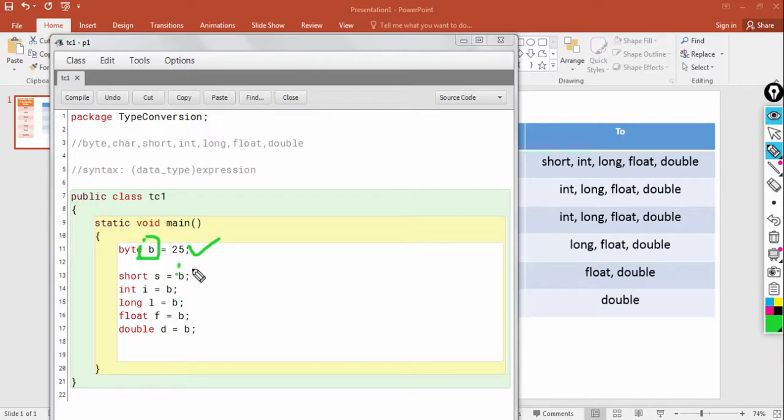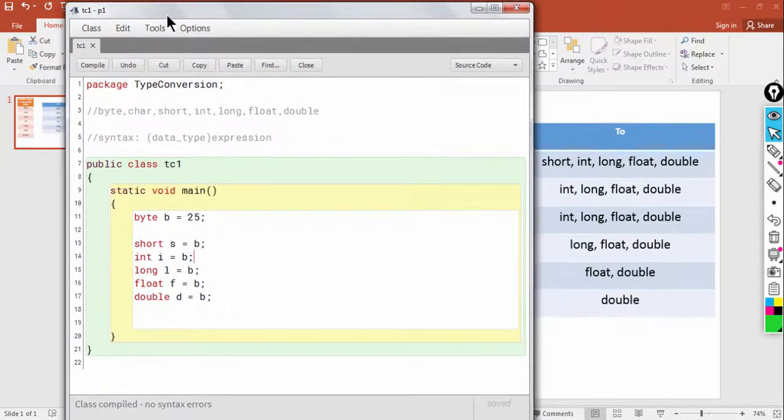Now when I try to assign B into S, which is of short type, it's not causing any problem, okay. Similarly, I can assign B into an int type of variable, into a long type of variable, into a float and double type of variable, isn't it? So this will not cause any problem, and if we compile this, you can see that it's not showing any error.